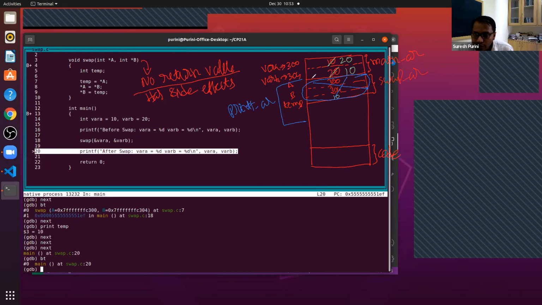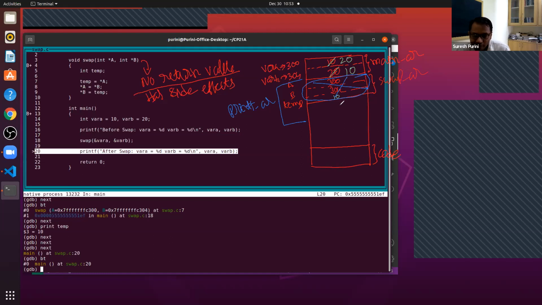So printf is using this memory location and you are still manipulating it, assuming temp is present there. Then what will happen? Do you understand what is happening? Are you all with me?